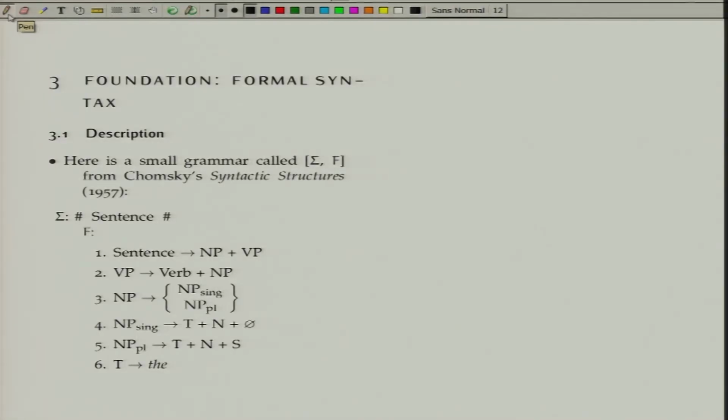Today, we'll resume our old session and conclude. We started talking about formal syntax, how syntax was made formal by Noam Chomsky in the 1950s and 60s, and we also saw the generation of a grammatical string and the blockage of an ungrammatical string. Today, we will try to generate a few more strings by using the rules we saw yesterday. Unfortunately, all the rules are not on one page, but we shall try to